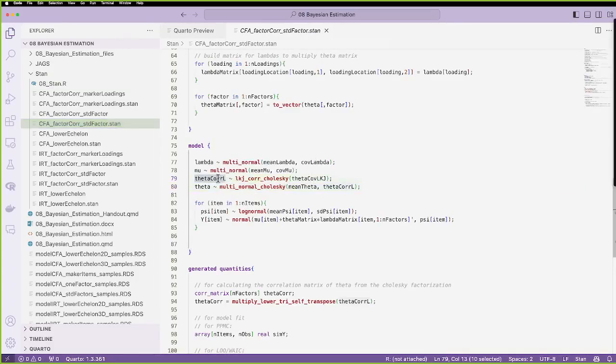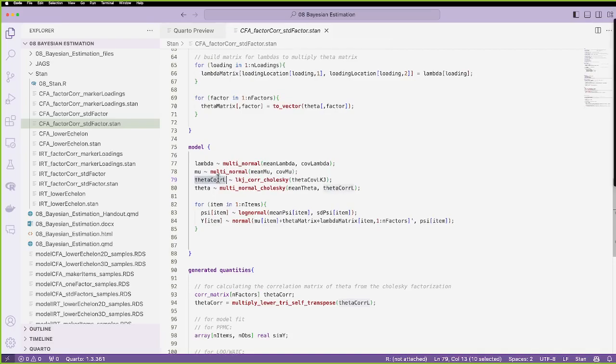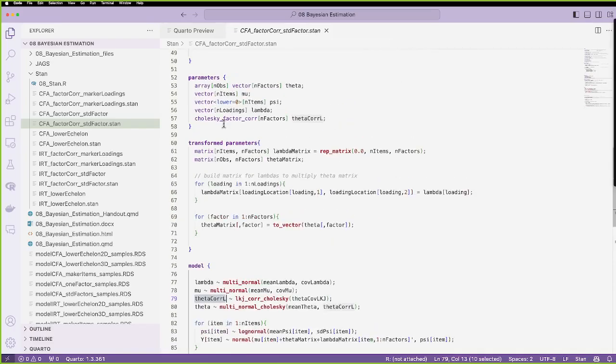So one of the nice things about Stan, one of the best things about Stan, is that you can define a correlation matrix as being a Cholesky factorization. And it just needs the number of factors. So what Stan is going to build is this theta core L as a correlation matrix that's just the lower triangle of it, right? And then, as a prior,